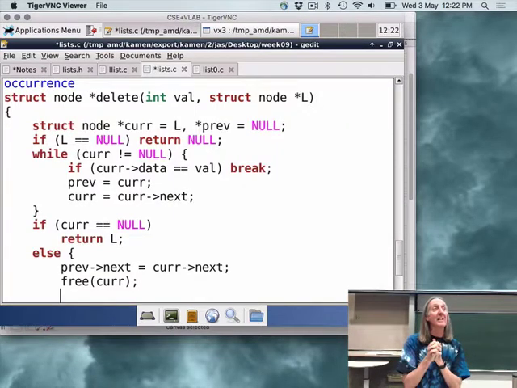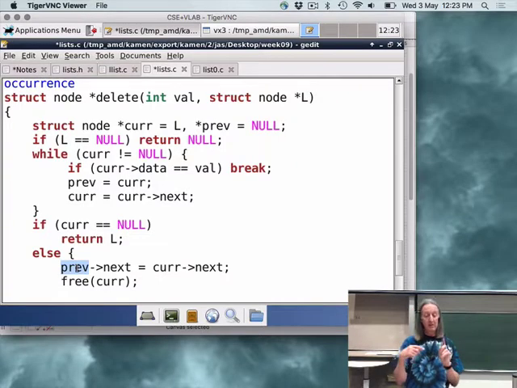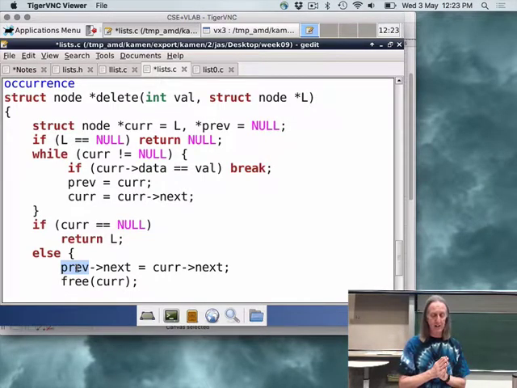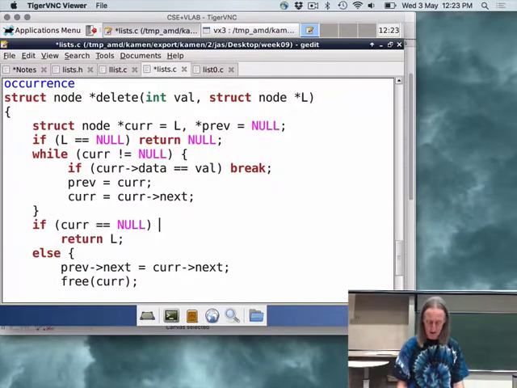All right, well here there might be a couple of cases to consider as well. What if we deleted the first node in the list? If we did delete the first node in the list, then we need to handle that case. Oh no, should have pointed that out. I've got a bug here. Alright? I can't just do that because it's possible that current is pointing to the first node, and in that case, previous would be null. So that's another scenario to handle. So this is handling the case